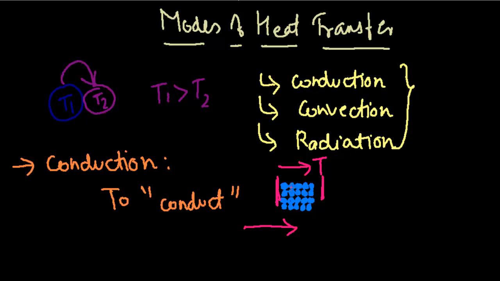Now, this is the initial condition, and the final condition would be such that the entire lattice structure would have the same temperature. And this is about solids. Yes, this happens in case of solids. As this segment of molecules or atoms has a higher temperature, they tend to vibrate more intensely, and just because of their vibrations they lose energy, which gets imparted to the next layer or the next segment, which further gets imparted to the next segment, and likewise the energy is conducted, and this energy is manifested in the form of heat,